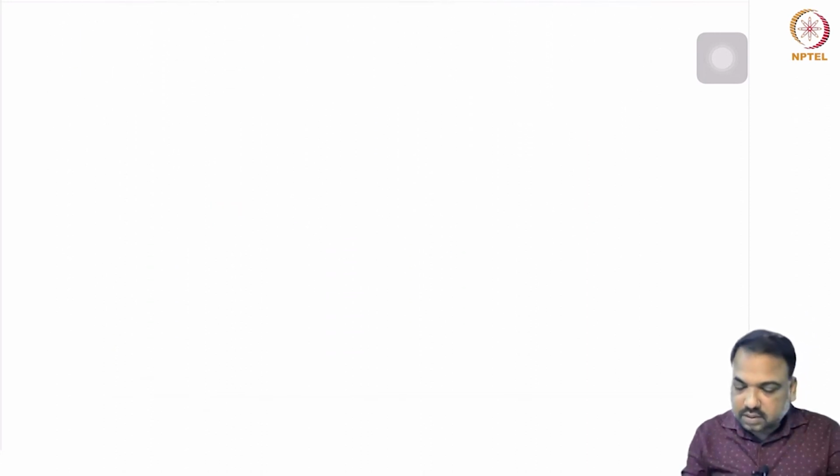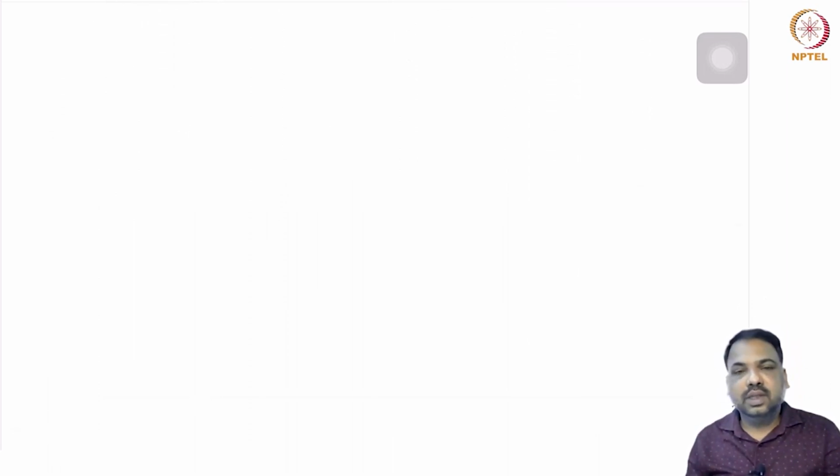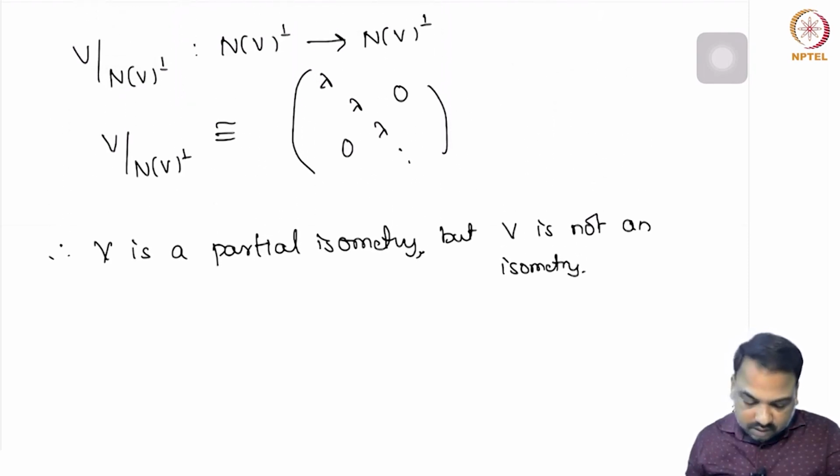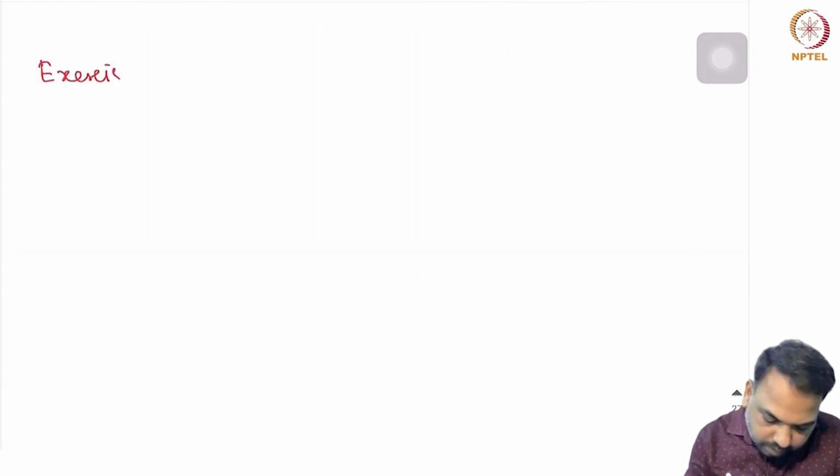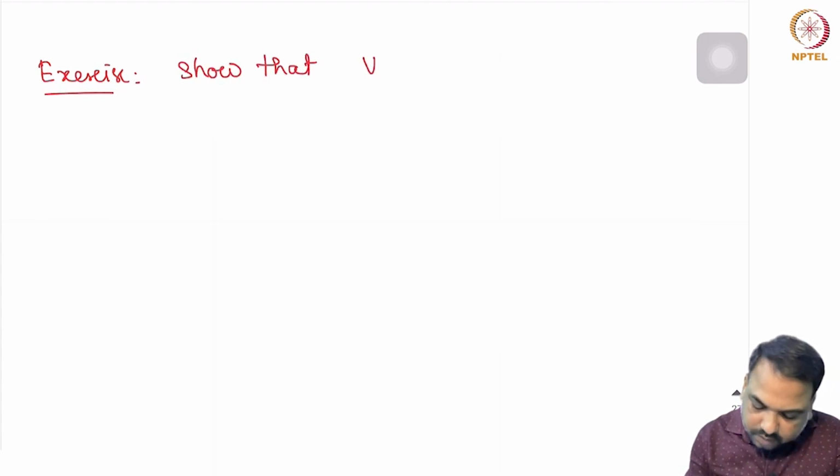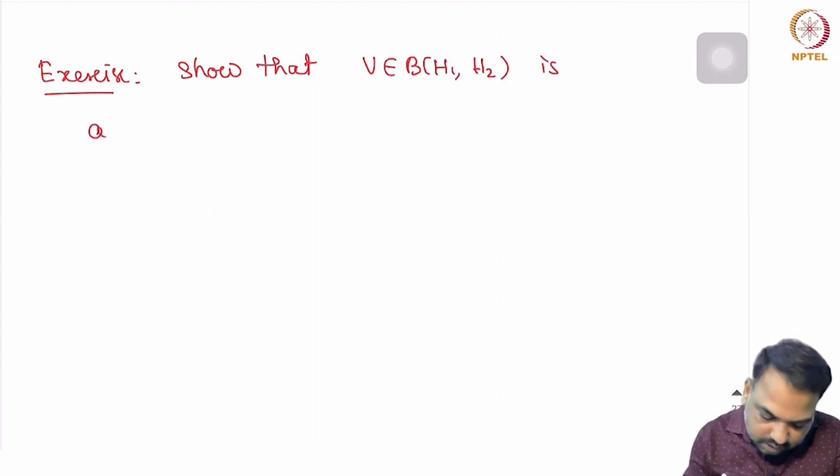Okay. Now we can ask what will happen if V is a partial isometry. Can we say that V star is also a partial isometry? We have seen that whenever an operator is an isometry, its adjoint need not be an isometry. We have seen an example, that is the right shift operator on L2 is an isometry, but its adjoint, the left shift operator, is not an isometry. But surprisingly here we can easily show that